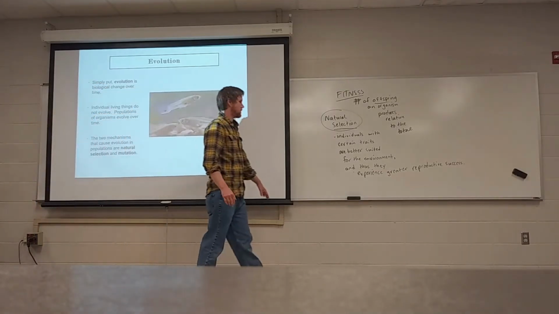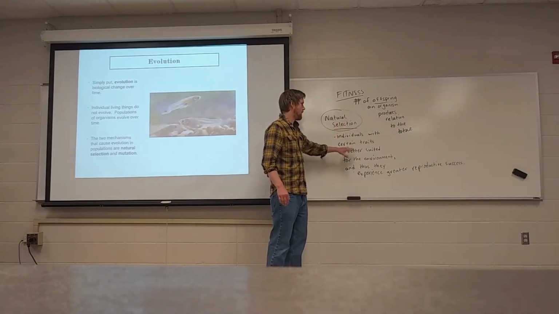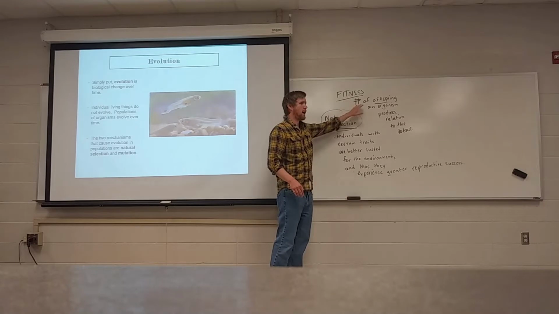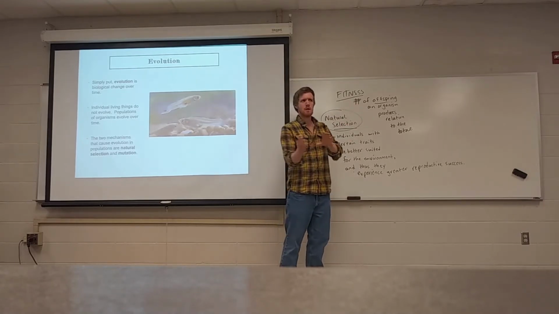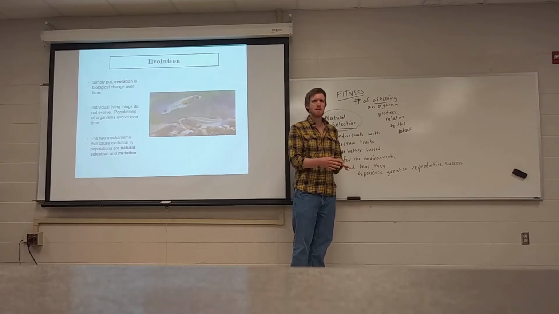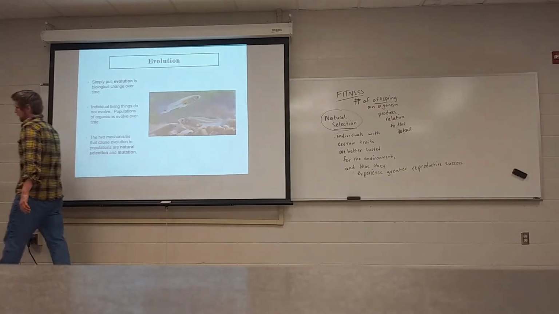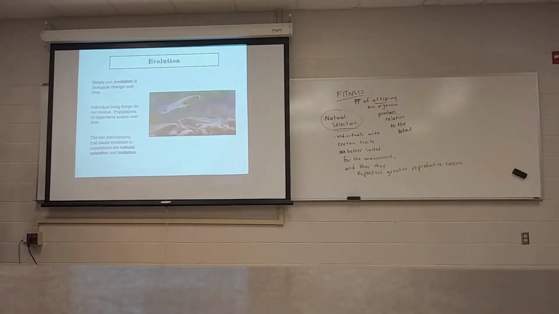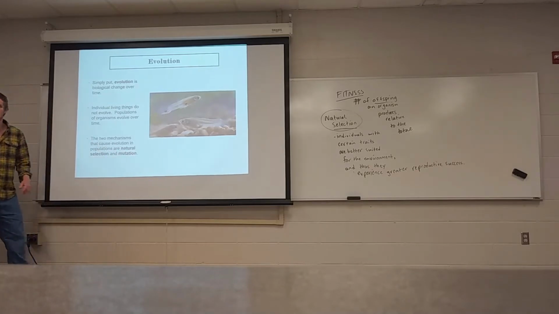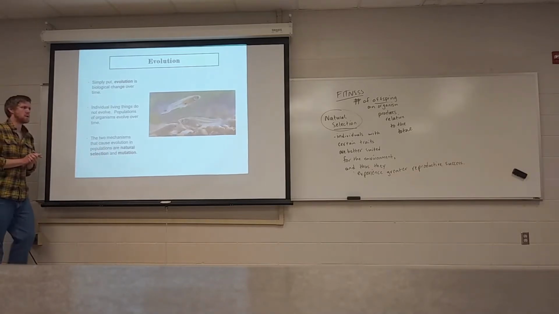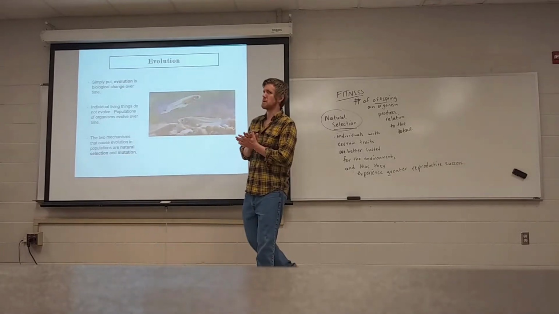So natural selection says that individuals that have traits that make them the most fit are going to have the most offspring, and so over time, a population is going to see a shift toward the traits of that particular individual. That's the idea. Mutation we'll get to. Mutation is the way that we get new genes inserted into the gene pool of a particular species. So we'll get there.